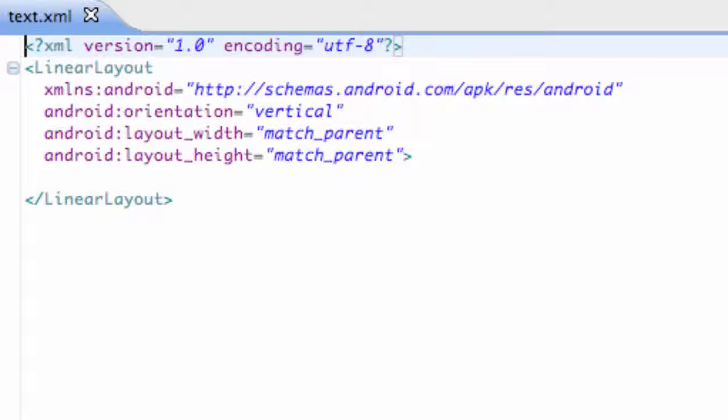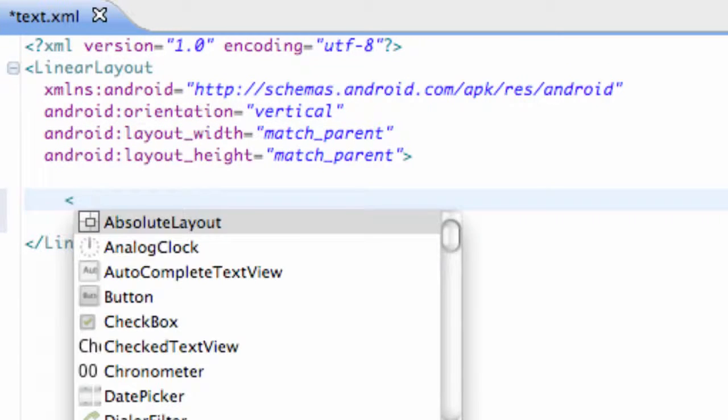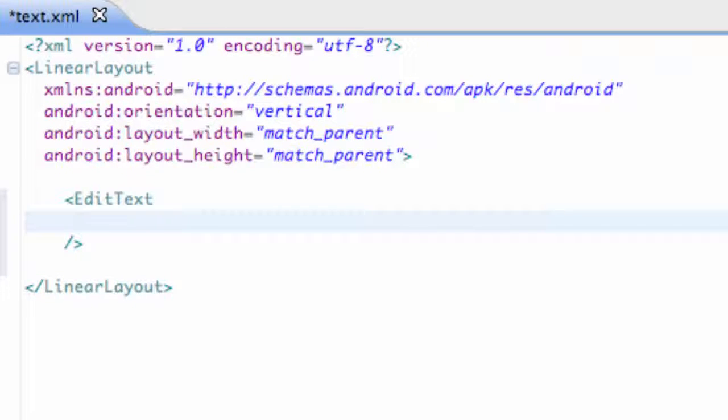And what we're going to do is set up an edit text. This is how we're going to get some user input. I'm just introducing you to some new stuff within the XML. So we're going to say edit text, and then we define it as always. We're going to give ourselves some room here to work with, and we're going to say the Android layout